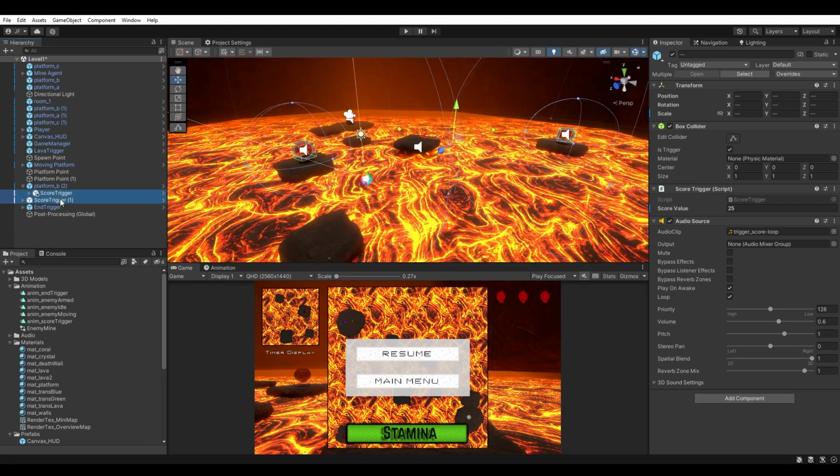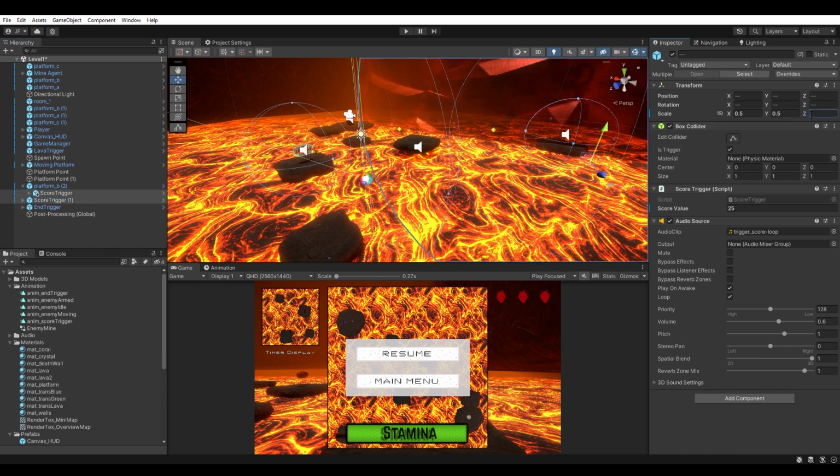The other thing about these score triggers is because the child is the animated object, if we change the scale of this object, the animation will still play fine because it's changing its own scale for the child object independently of the parent scale. So if we were to change this to 0.5 maybe. Oh, I should be doing this for both of them actually. Whoops. So we'll select both of them, and we'll just go